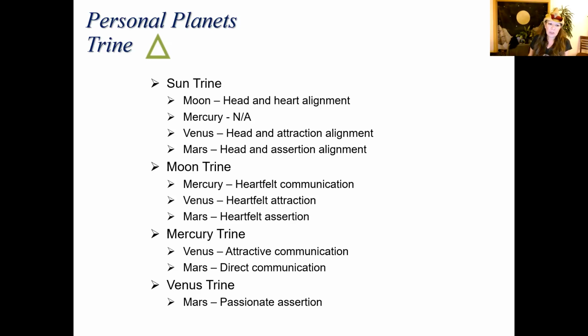Moon trine Mars. These are the people that have their moon, their heart, aligned in the same element as how they assert themselves. So basically, they don't sit back and go, well, I was thinking about it and I think I'm going to do something about this, I think I'm going to get mad or say something. No, if their moon is trine Mars, they're just going to let you have it if their emotions are up. They're just going to be like, you know what? I don't appreciate that. I'm going to assert myself, or assert themselves within a certain project, heartfelt assertion. There's no head thing. It's just there it is.